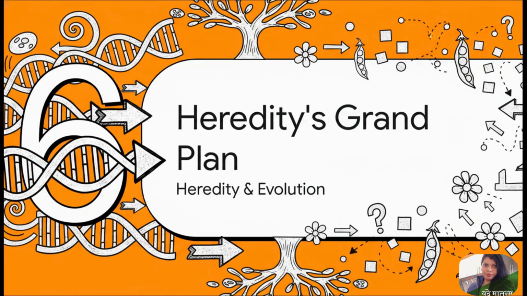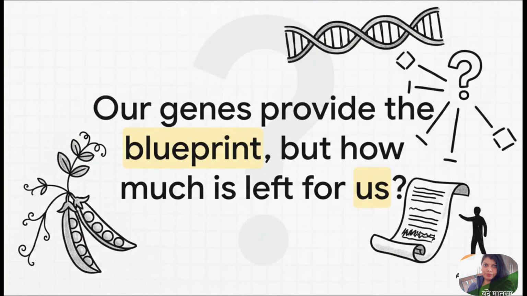And this all brings us to the grand plan. Heredity is the force for continuity, faithfully passing the blueprint of life from one generation to the next. But it's the variation, that constant shuffling of the genetic deck governed by Mendel's laws, that provides the fuel for change. This powerful dance between continuity and change is the very engine of evolution. In the end, a monk's quiet work with pea plants revealed the fundamental rules of our very existence. Our genes provide the blueprint, a biological legacy passed down through countless generations. And this leads to one final crucial question. Given the blueprint